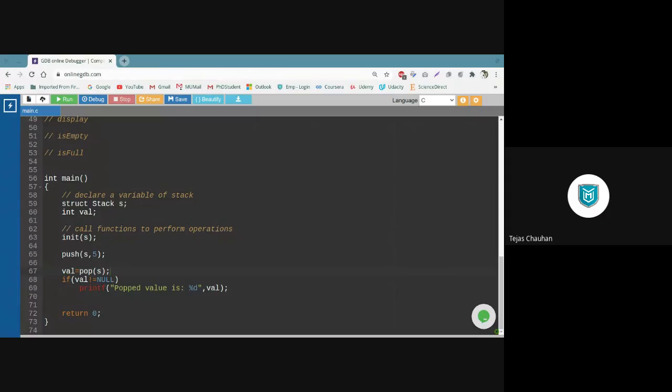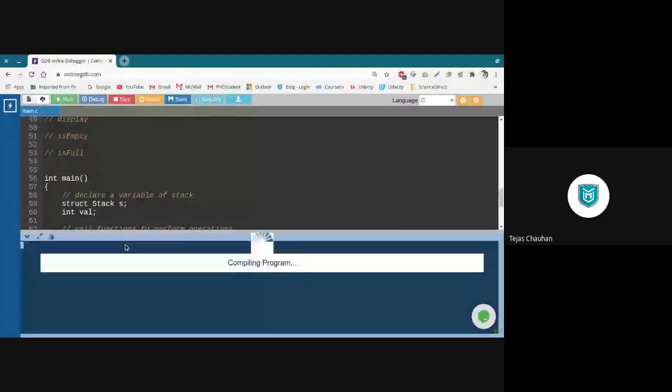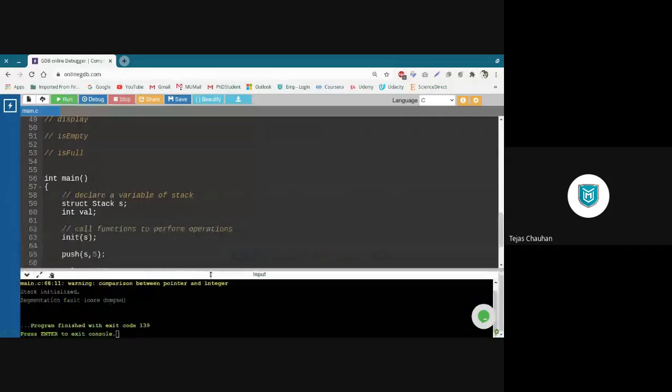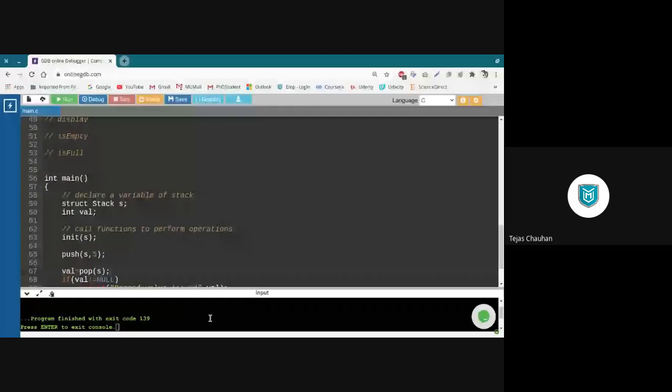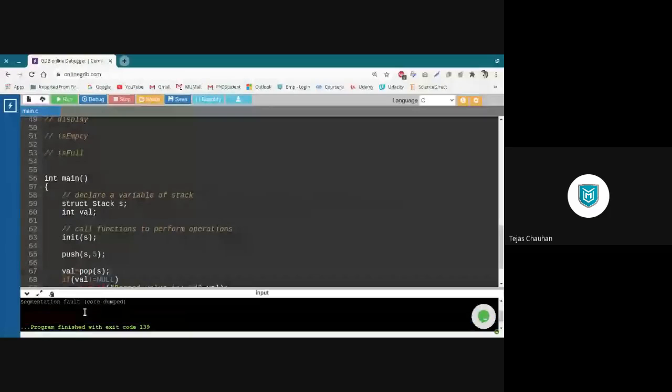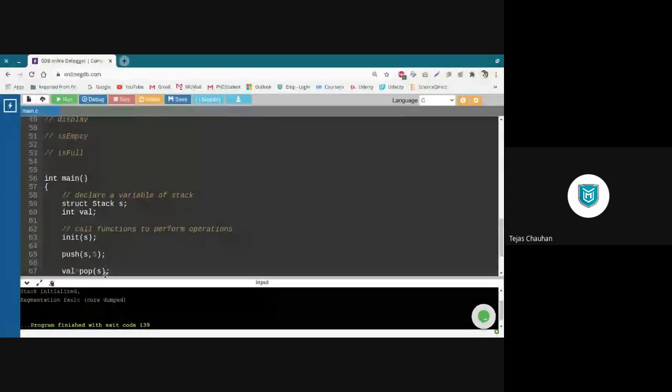All those function calls are called by value. Look, when I run this code, I have a runtime error, segmentation fault error, and that's because I'm trying to access a memory location which is not allocated to me. That's the problem. Okay, so now can anyone tell me what is the problem? I've also given you the hint that all these function calls are called by value.